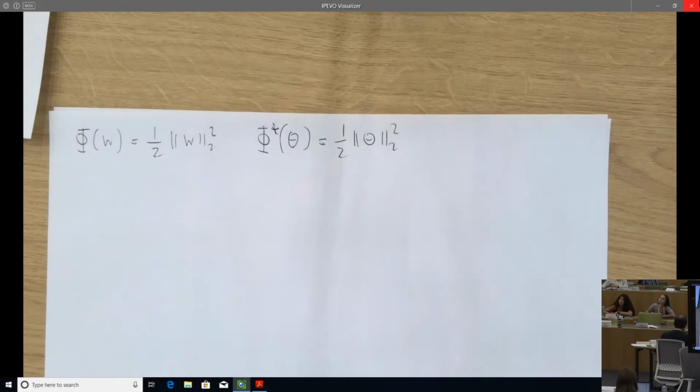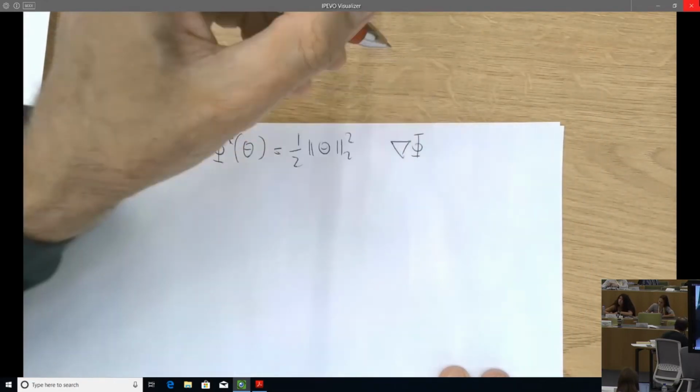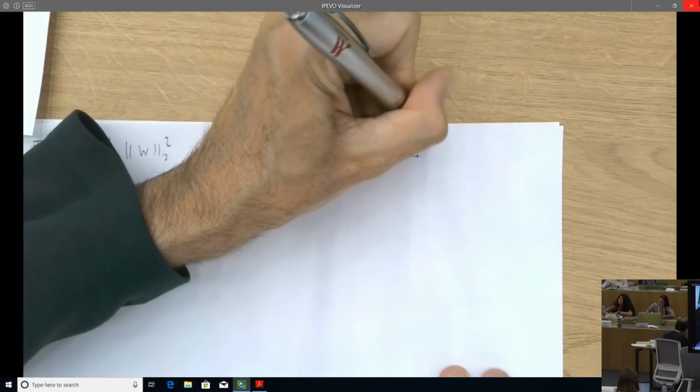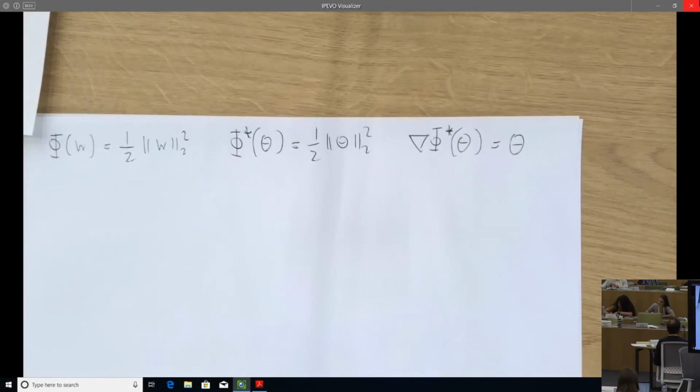And the gradient of this thing, you can compute it. It's not easy to compute the gradient of that, and it is actually equal to that. All right, so if I use this regularizer, it means essentially